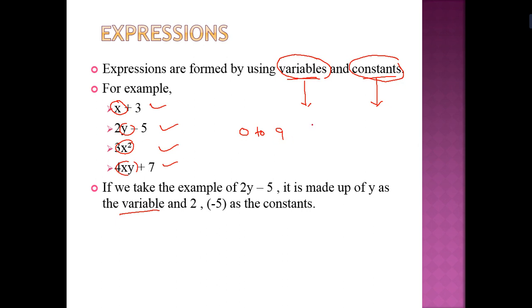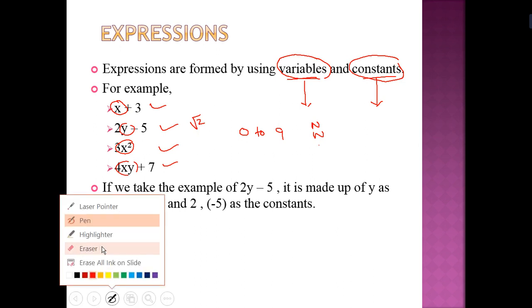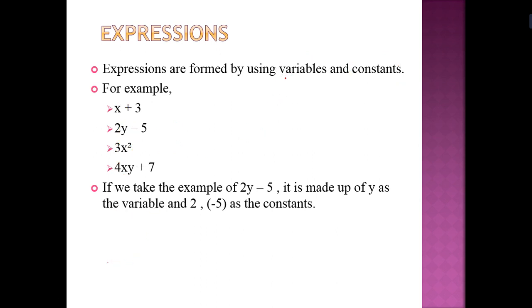Already you have learned in the first lecture: natural number, whole number, integer, rational number, irrational number, and real number. That we can take as a constant. We can take root 2 also as a constant, but that is in 9th standard. So, expression first. What is an expression? The expression is simply variable and constant. Expression means variable and constant are there. Variables we can use from a to z, and for constants 0 to 9, positive and negative numbers.